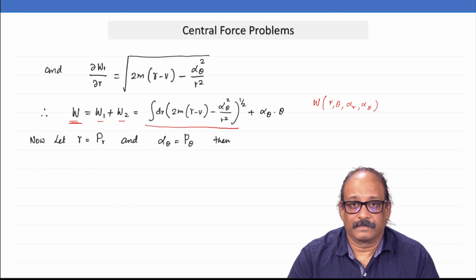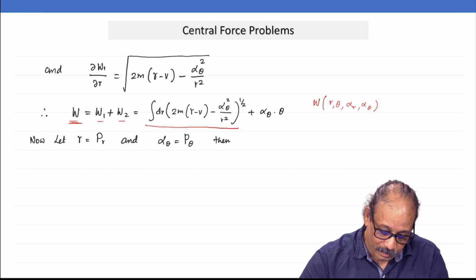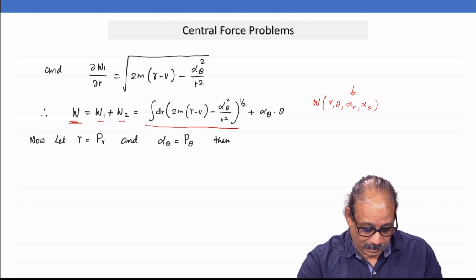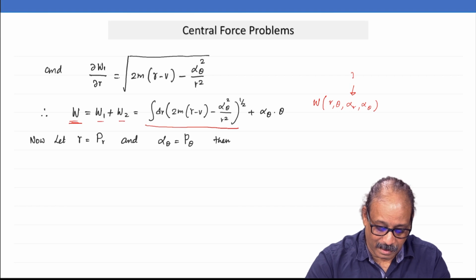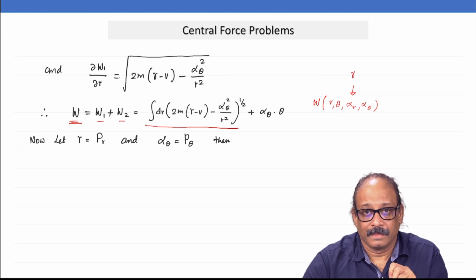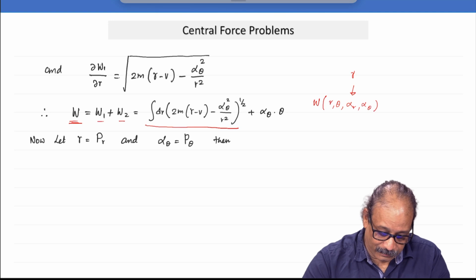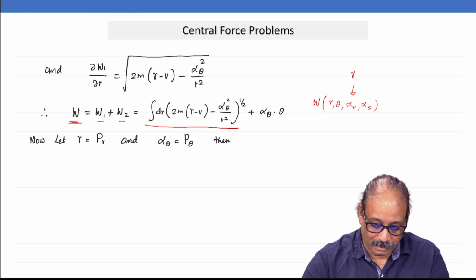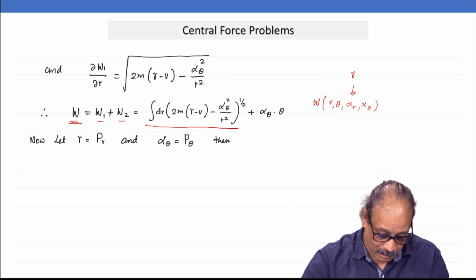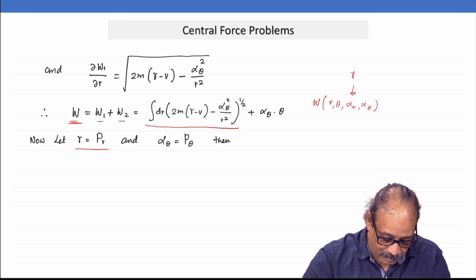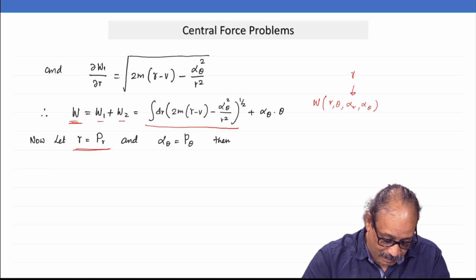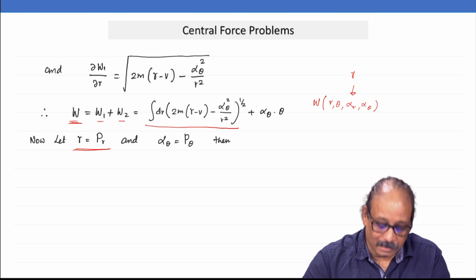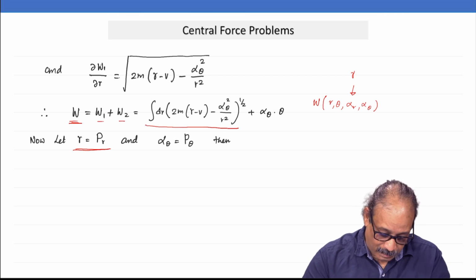What I am going to do is, of course, I do not have alpha r which is immediately visible here, but instead I have this constant gamma there. Okay. So, I have W which is a function of r, theta, gamma and alpha theta. So, I will choose my new coordinates and new canonical momenta, put capital P r, P gamma as gamma and alpha theta as capital P theta, and then